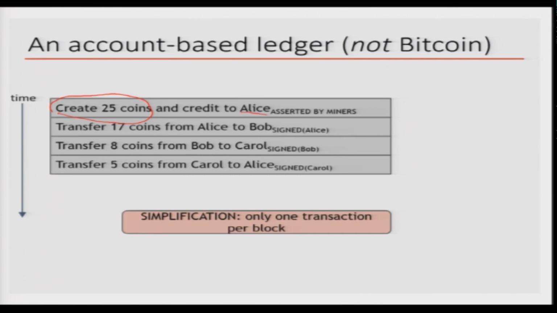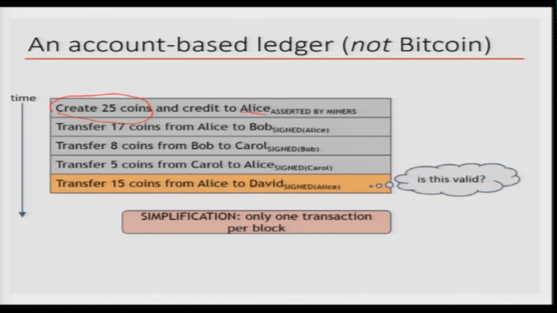And then we can also consider these as if these are the blocks. So, now let us say at this point Alice wants to transfer 15 coins to David. All the participants need to check the validity of this, and in order to check the validity they may have to go back to the first transaction where Alice had 25, then they find that in the next transaction Alice gives 17. So, she has 8, then the next one does not involve her, and the next one she gets 5. So, she has 13. So, she cannot give 15 coins. So, it is an invalid transaction.